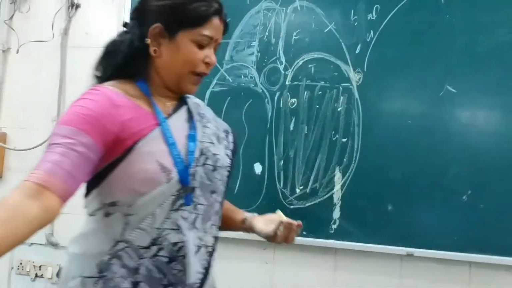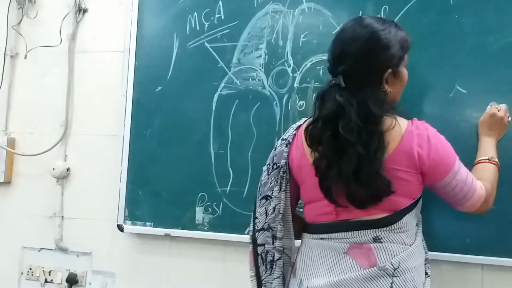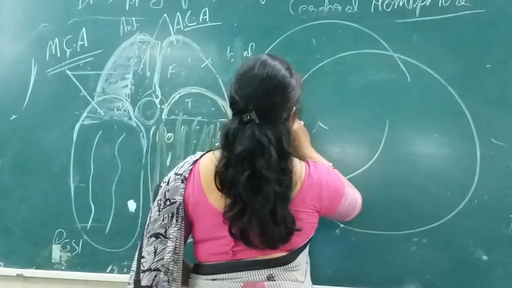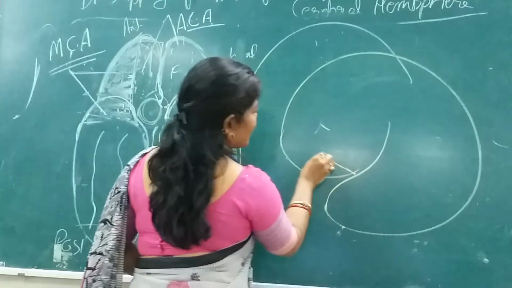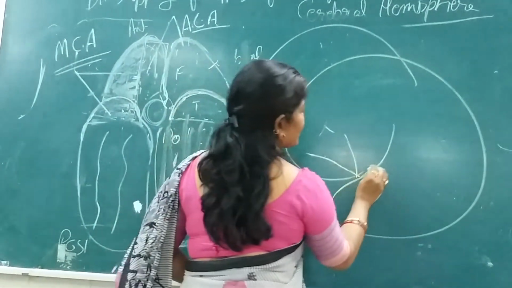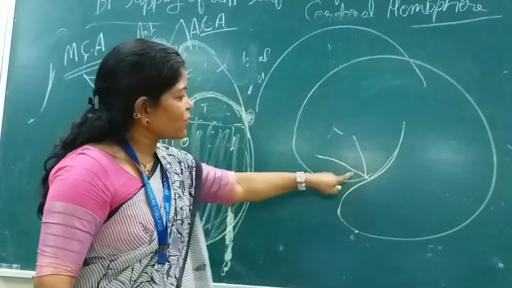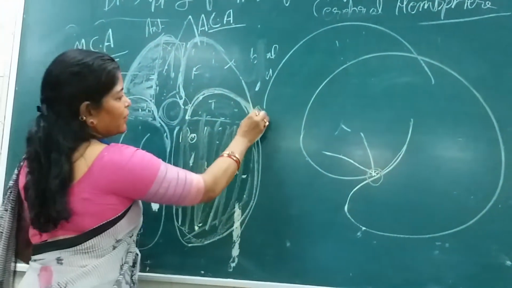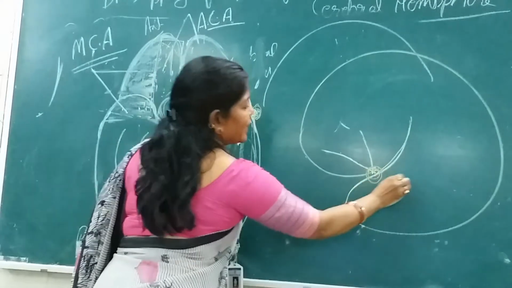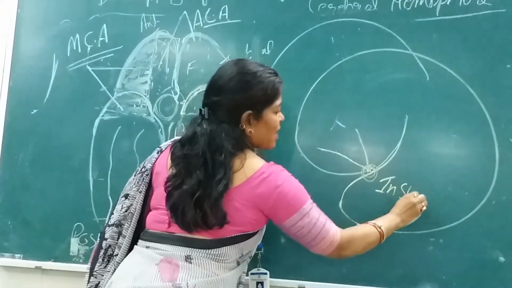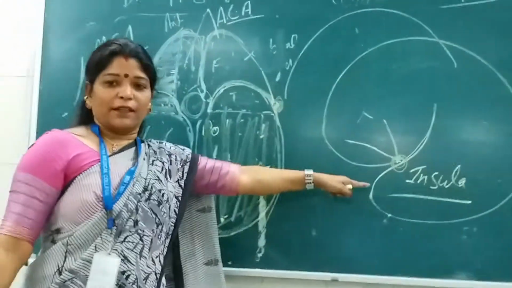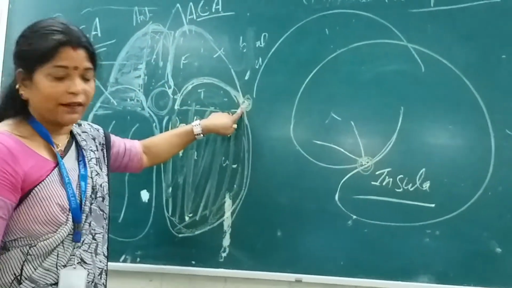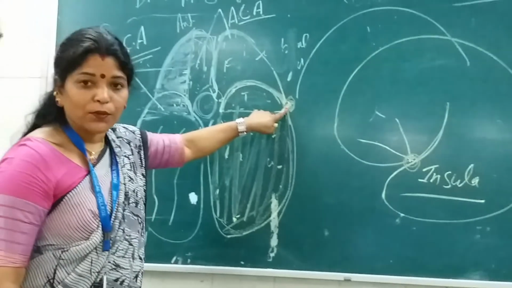Branches, anterior, you have seen here. Okay, this is the horizontal, this is the ascending and this is the posterior ramus, and this very part on the superolateral surface, this part, it is known as the insula. On the lateral aspect of this lateral sulcus, there is the insula.